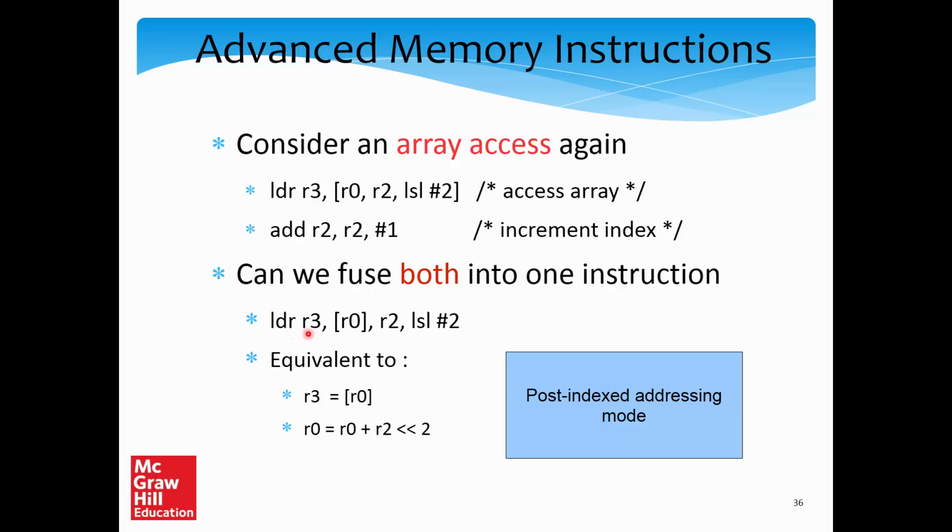So we'll have LDR R3, [R0], which is the base address register within a square bracket, and then the index and the scale amount and the shift amount. So the only change is that the square bracket has moved its position. That's the only change. So this is a new kind of assembly instruction format that we are introducing for the LDR instruction. So this is equivalent to